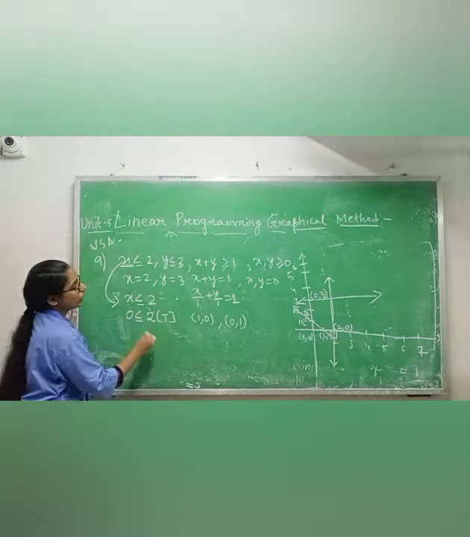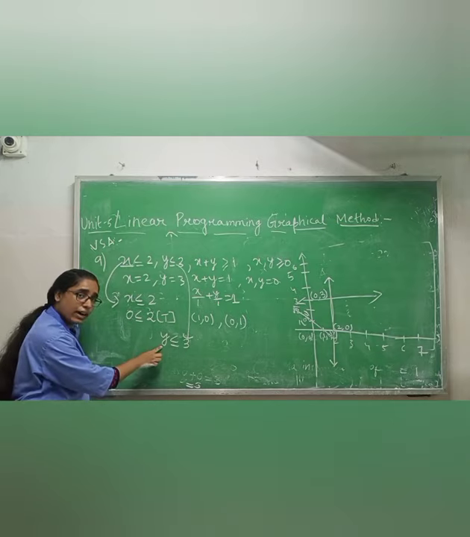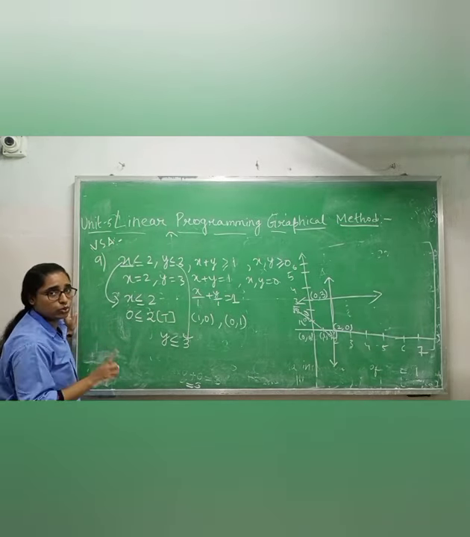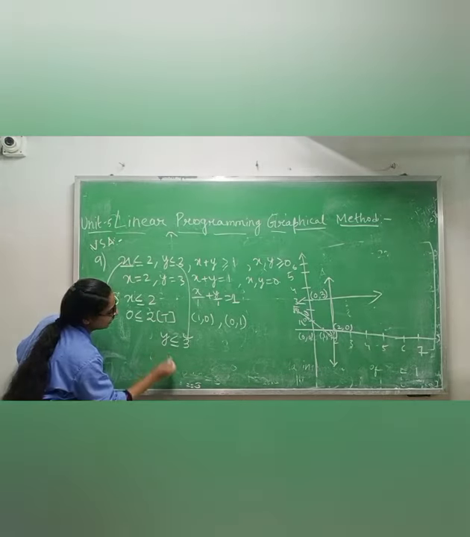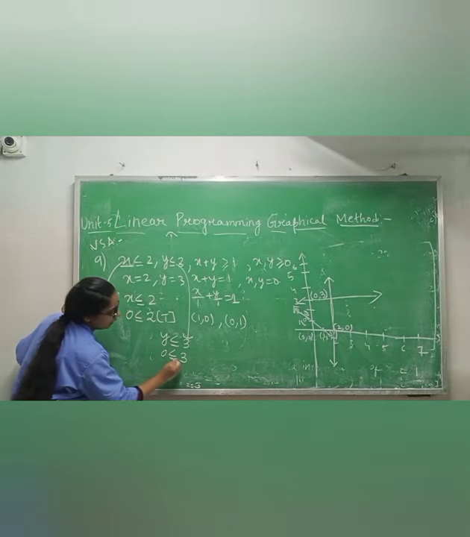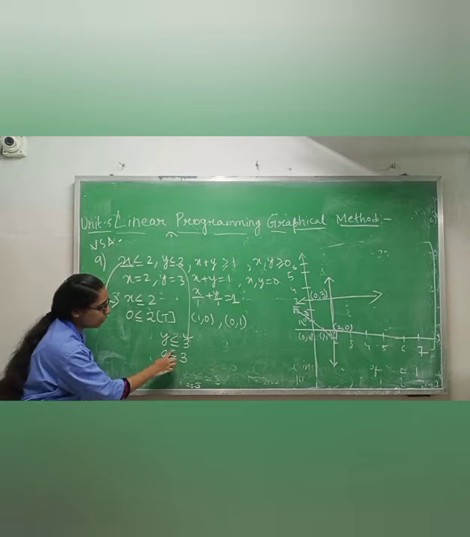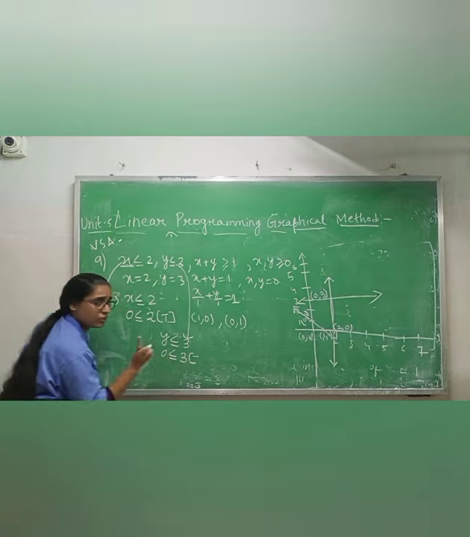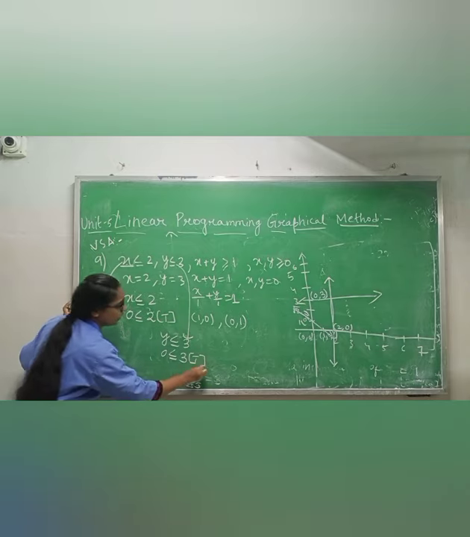Now for this one, it is given y is less than or equal to 3. Again we have to take y value 0. Always you will take x and y value 0 to find the feasible region. Okay. So again you are taking 0. So it is also true because 3 is always greater than 0. You will not see the equals to sign. Okay. Any one of these is satisfied, then it is satisfied.